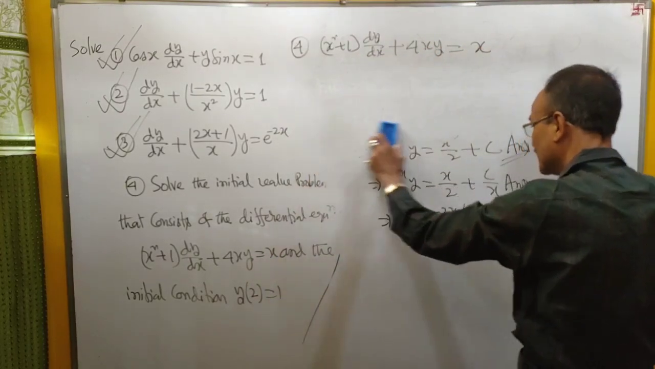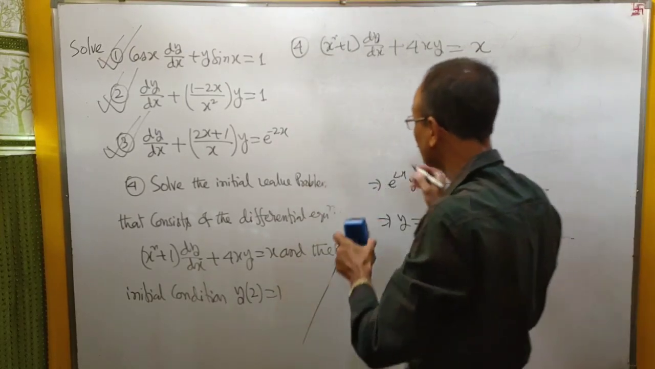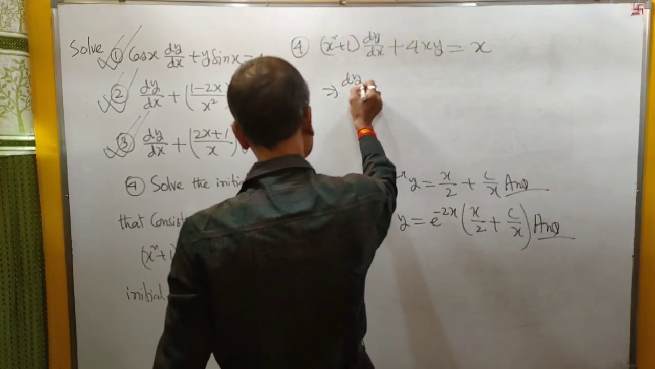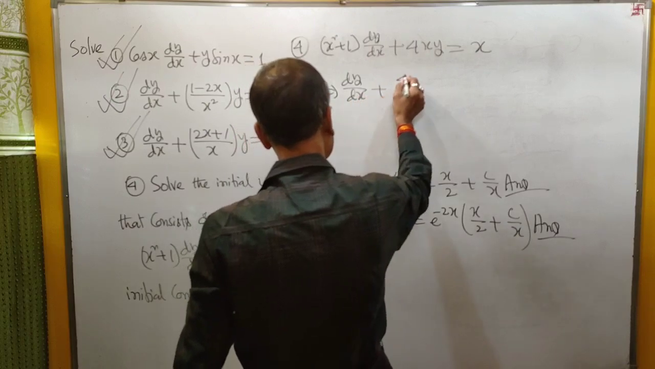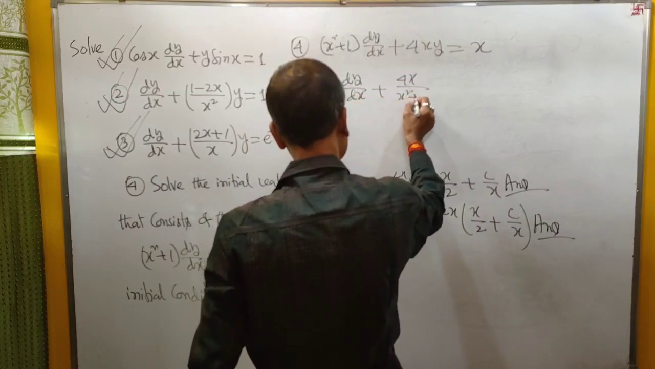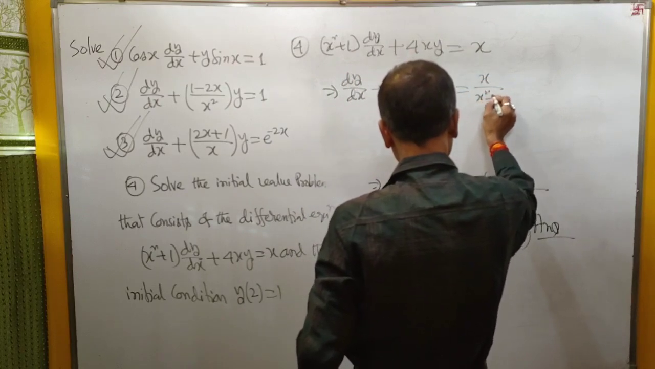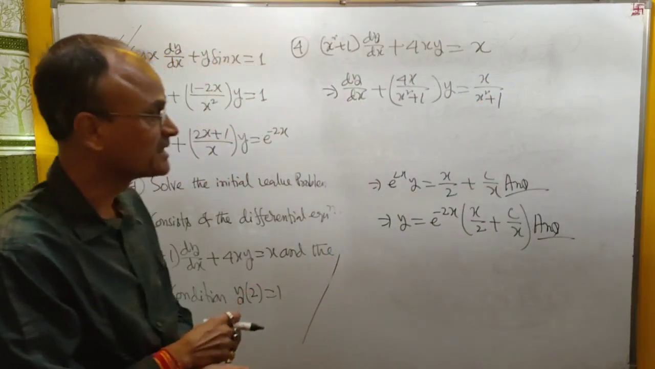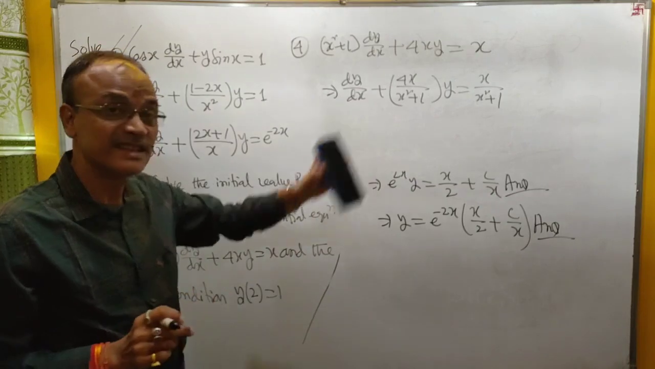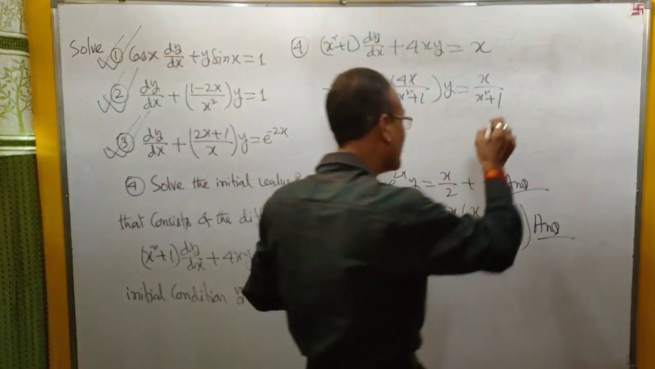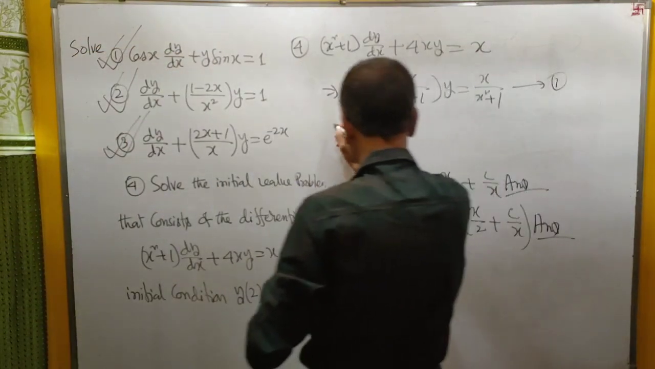4xy equal to x. This is the differential equation. You may write the differential equation in this way: dy/dx plus 4x divided by x square plus 1 times y equal to x divided by x square plus 1. It is linear, which is of the form, suppose this is number 1,